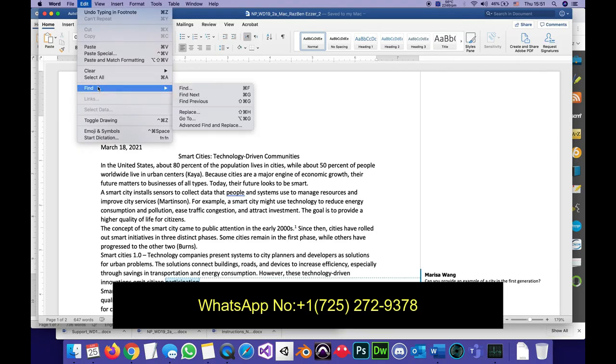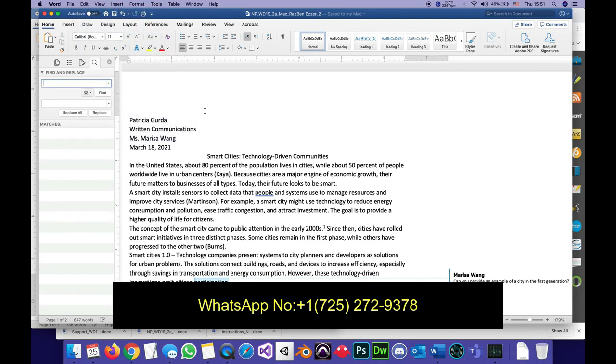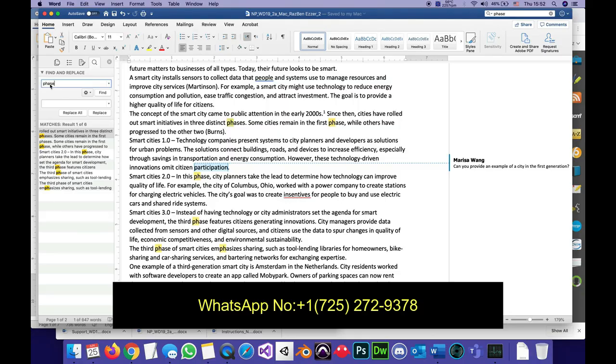Find, replace. This opened is the find and replace pane, or the find and replace little window, and I will type phase, and I want it to be replaced by, see how it's found a bunch of places where it says phase, and I will replace it with generation. So that means that even when it finds phases, it'll replace it with generations. When I click replace all, it should report